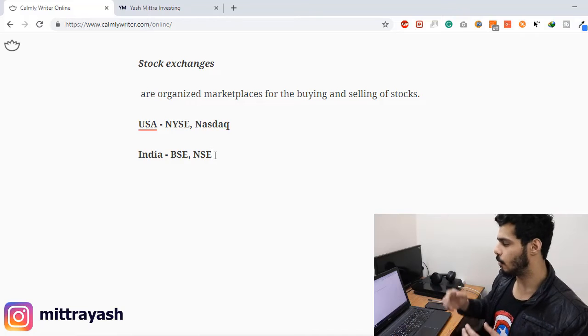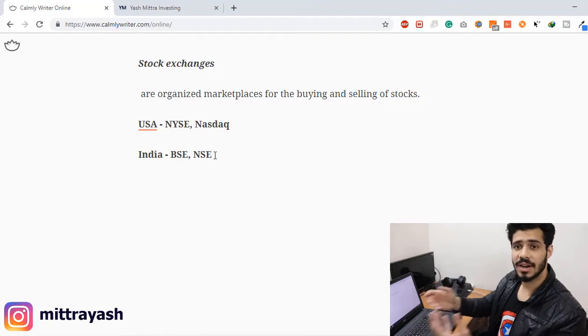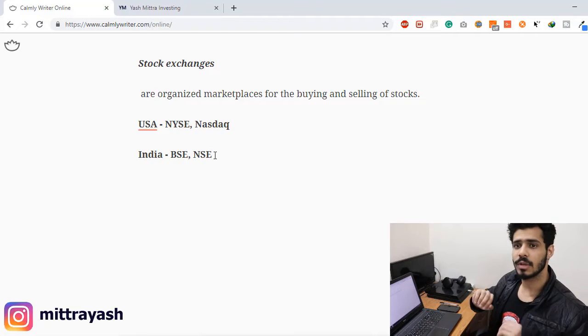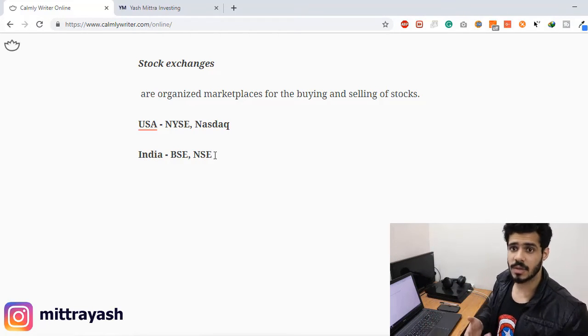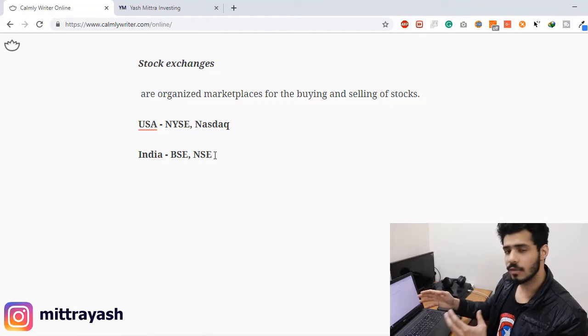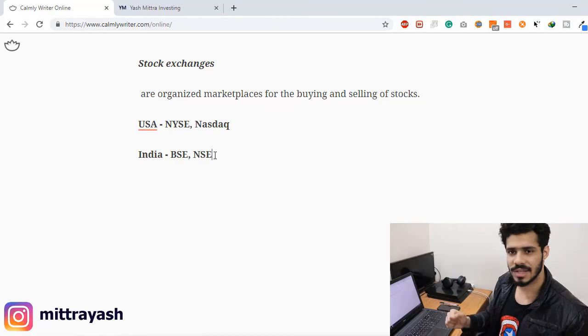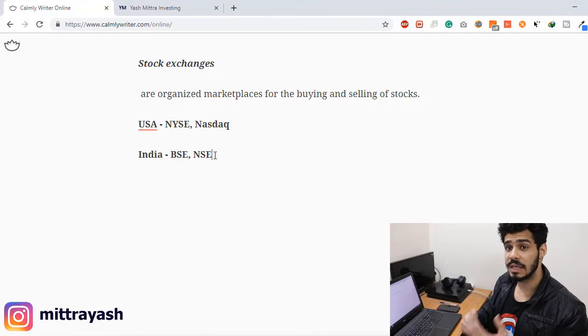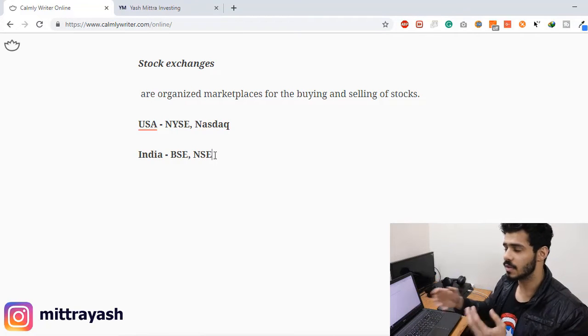Of course, for this registration, the stock exchange would charge the company some money. So the company pays the money to the stock exchange. That's where it gets some money from. But that's not the only source of money. A much more important function of all these stock exchanges is that they regulate the working of the exchange and regulate the trading or investment that happens in the stock.